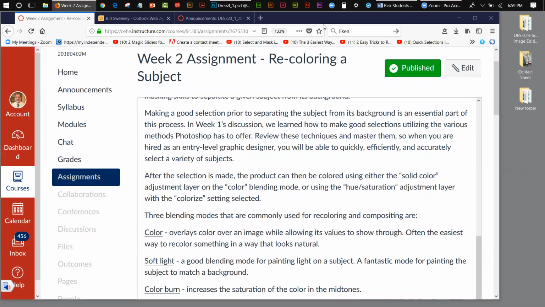So anyway, I want to start off by talking. If you notice here, the assignment basically is recoloring a subject. So that's really what this assignment is about. Last week, the assignment, which you said you did, correct? Right. Yeah. So last week, the assignment was to create a